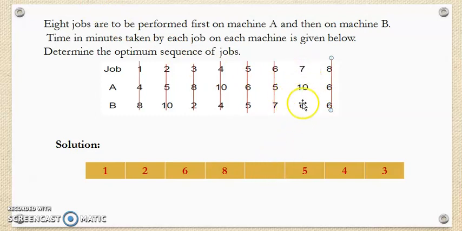Now there is only one job remaining, job number 7, which has the smallest processing time 6. So it should be processed as late as possible because it lies on the second machine. Therefore I will sequence it and eliminate that from further considerations. So look here, all the jobs are sequenced and the optimum sequence is 1, 2, 6, 8, 7, 5, 4, 3. So this is the sequencing of the jobs as per